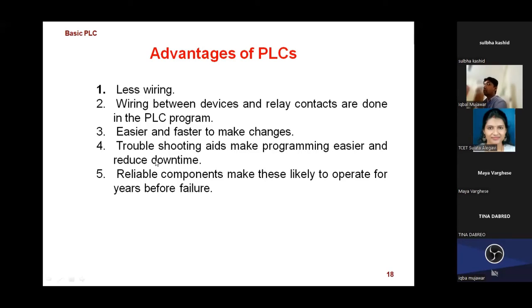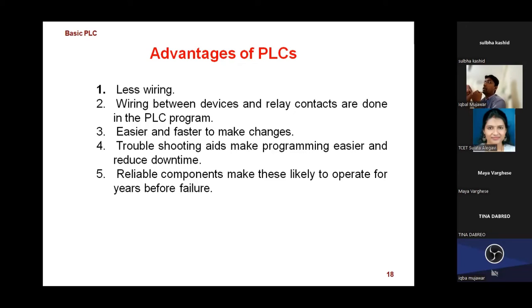The disadvantage I already mentioned: for troubleshooting, skillful workers are required. It is not the case that anybody can do it and easily identify the problem. Suppose 1,000 lines of ladder coding are there, and it's very difficult to understand where the problem is. We need to check all the rungs of the ladder coding one by one, to see whether we have connected the proper address, the proper input output devices or not, because that is the main issue while developing the PLC setup.